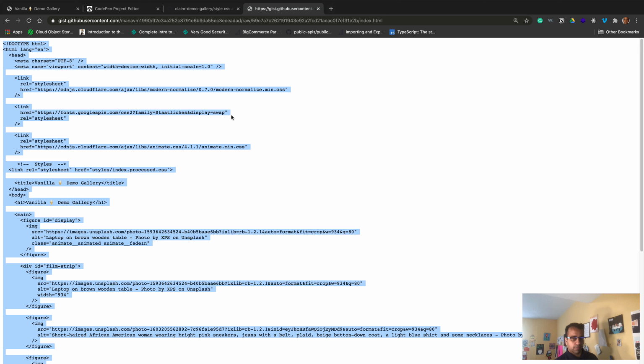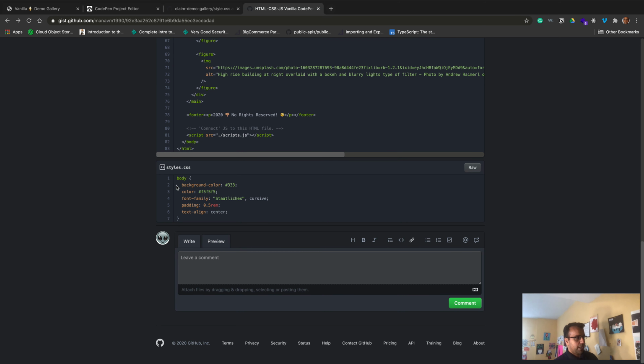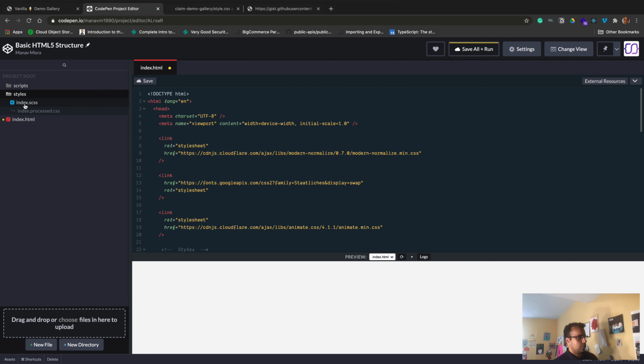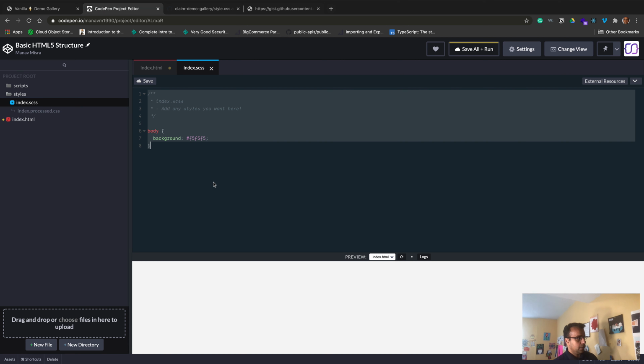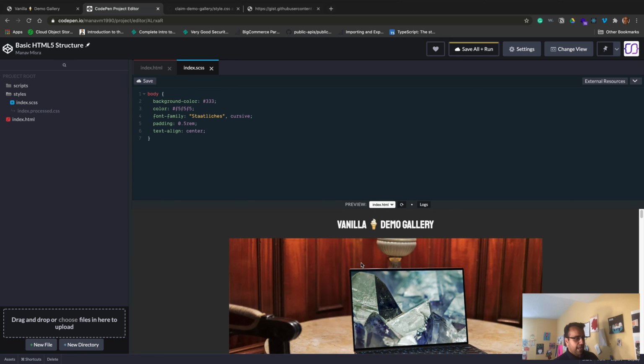And go back to that gist, and you can hit Command left bracket or just click your back button. Scroll down a little bit and have a little bit of CSS to get you started. So once again, click Raw, Command A, Command C. Go in here to their styles directory, and in this SCSS file, you can overwrite all of that with the starter CSS. SCSS is syntactically awesome style sheets. It's just CSS with some superpowers and things. But the cool thing is that we can just write regular CSS in here, which is all we need for our purposes. As soon as we do that, we can hit Save All and Run,